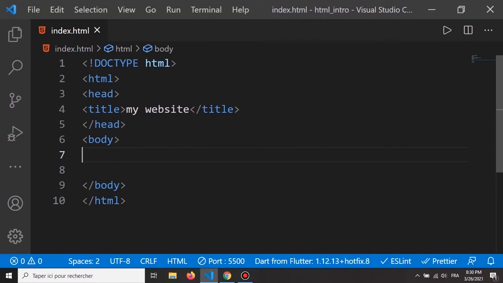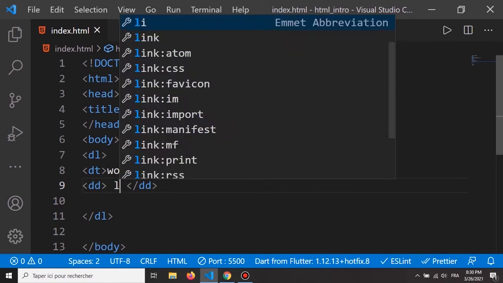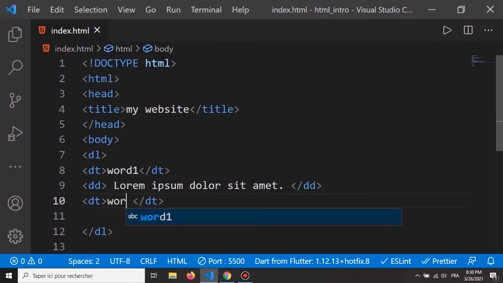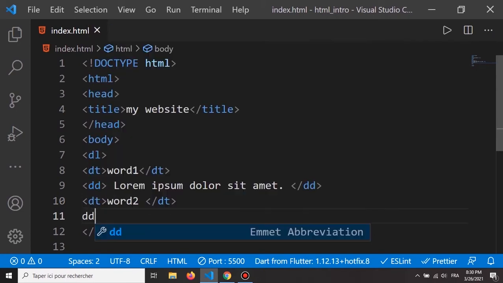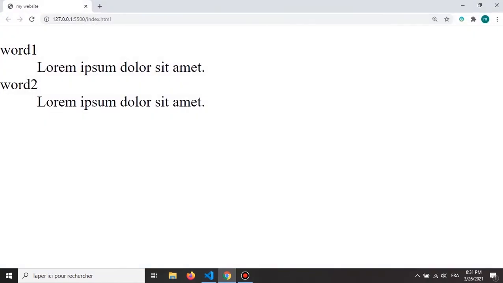First, let's create the description list so we can see how it looks like. So let's start with DL for description list, DT for terms. Let's add like word 1. Now let's add DD for details. So let's put a random text, lorem 5. Now let's add another word, so DT word 2, and let's add another random text, so lorem 5. Now let's check the browser, and here we can see that we have a word and its description beneath it,